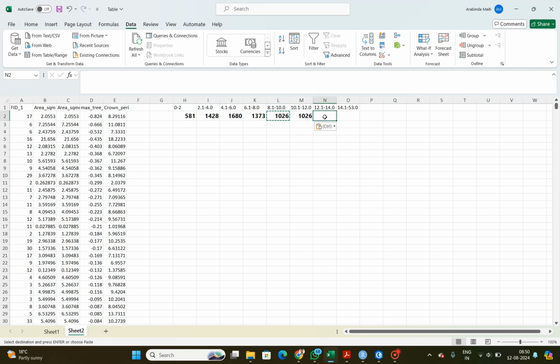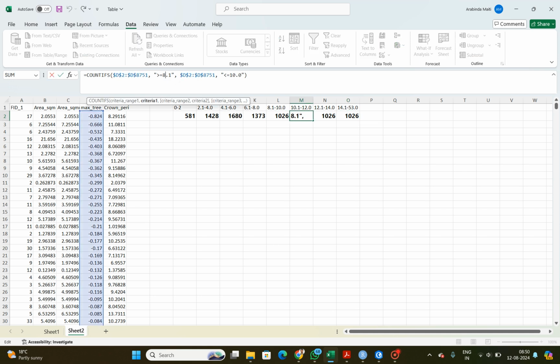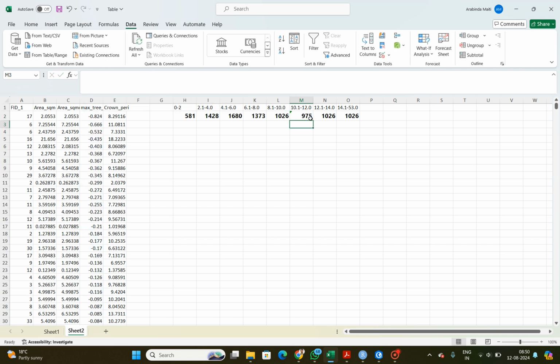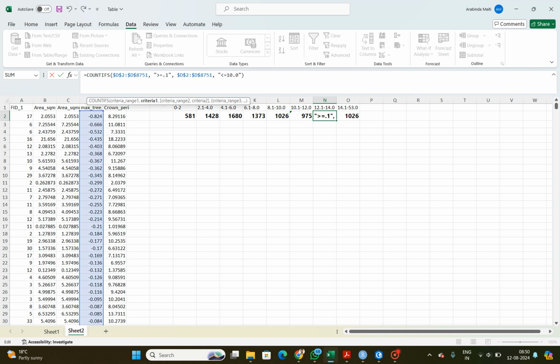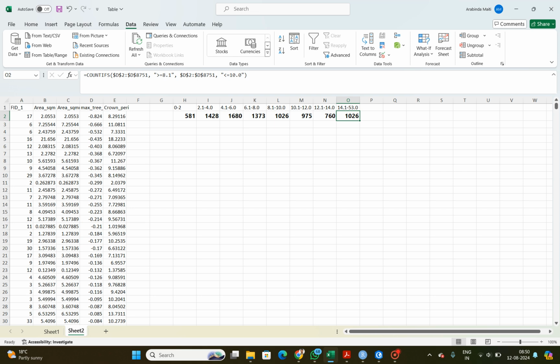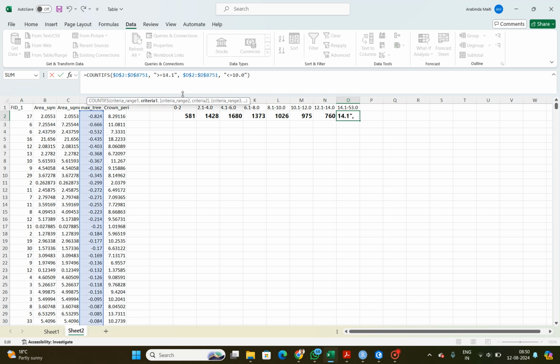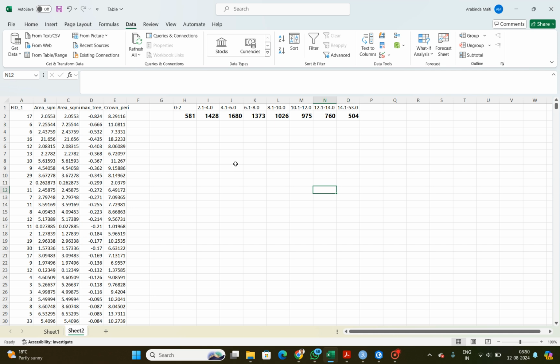just copy this and just change here from 10 to 12, and here you can change to 12 to 14. Okay, and then 14.1 meter height to 53. Okay, actually this is my class and I want to count this. So